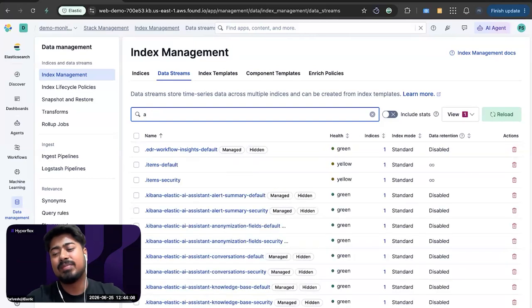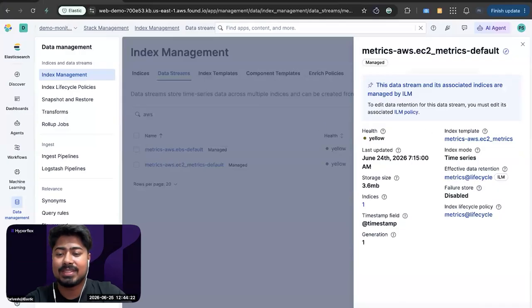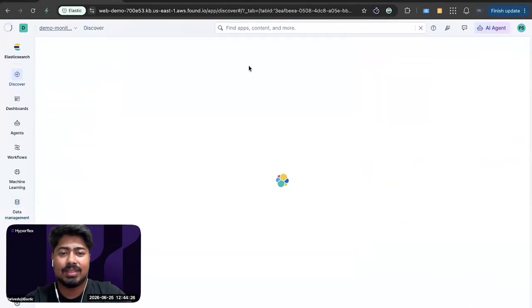If there is no AI assistant and everything, what I would do is go ahead and see the logs. Maybe I would come here to the EC2 metrics and see,